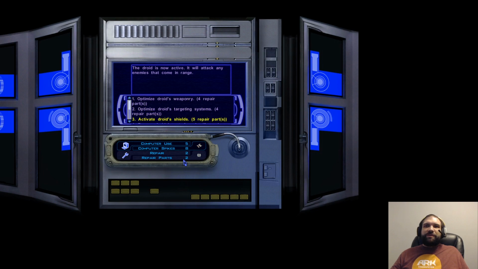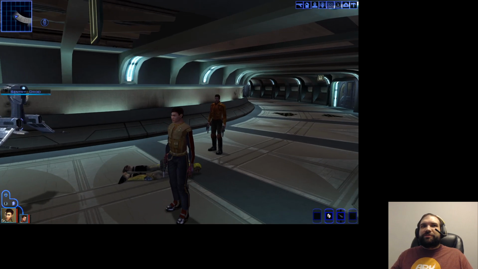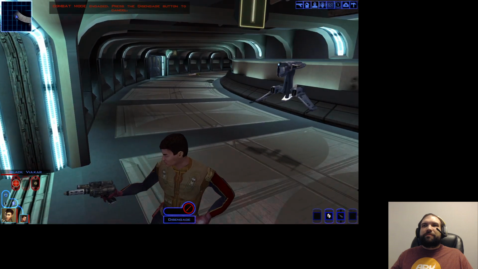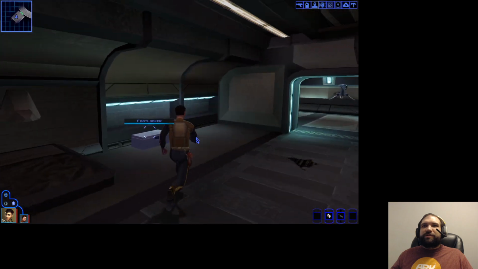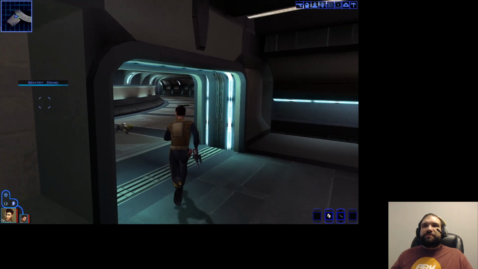We have 2 repair parts left. We can optimize the droid's weaponry. We can optimize the droid's targeting system. We can activate shields, or we can engage the droid in patrol mode. We don't have enough parts to do any of those things, so we'll just have the sentry droid here if the Vulkars come this way, I guess. Like this. Okay. Yeah, the droid helped us out. If we had more computer or repair pieces, then we could get him to do a lot more for us, but